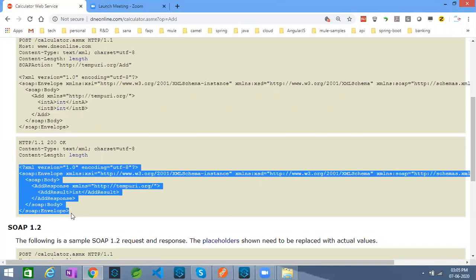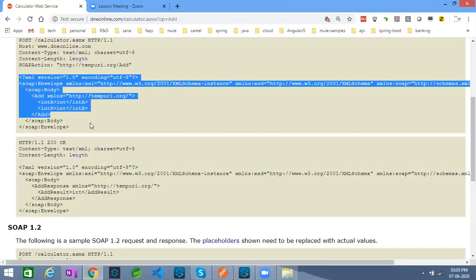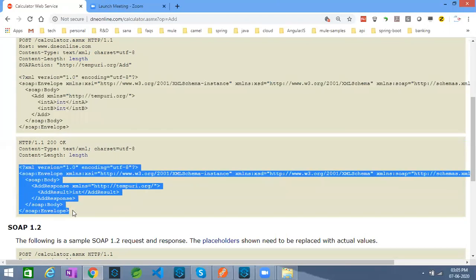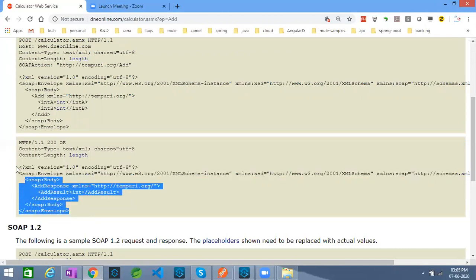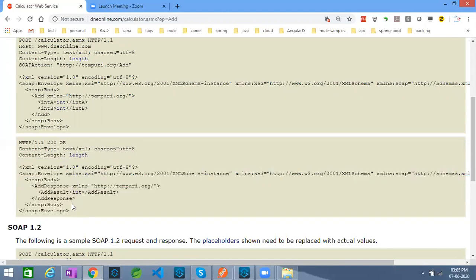But my client is not interested in sending this huge XML payload. He's interested in sending normal query parameters, right? We'll look at how we are going to send those values and how Mule is going to read those query parameters and construct this SOAP payload. After receiving the response from my SOAP service, I don't want to display the entire XML payload as the response. I would like to extract only this particular portion, the final result, to display on the screen. So we'll also look at how to transform that response.